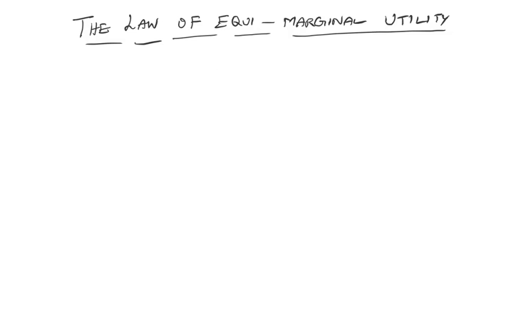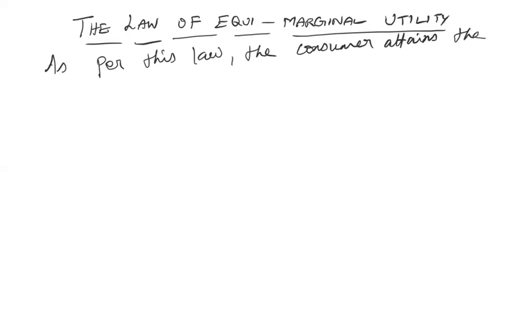This law provides the guideline that the consumer has to spend in such a way that the last rupee spent on each and every commodity gives him the same level of marginal utility. In other words, as per this law, the consumer's aim is to get the maximum satisfaction with this limited money income. So the consumer attains the maximum satisfaction position